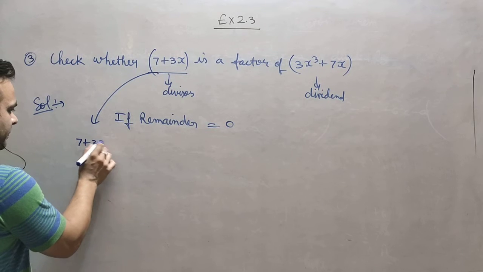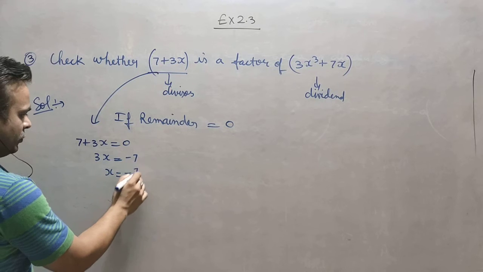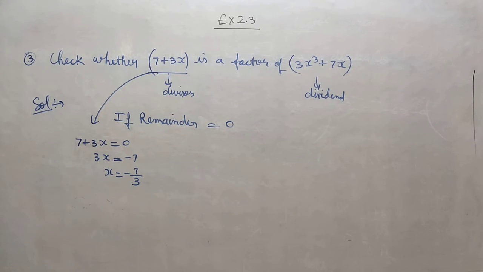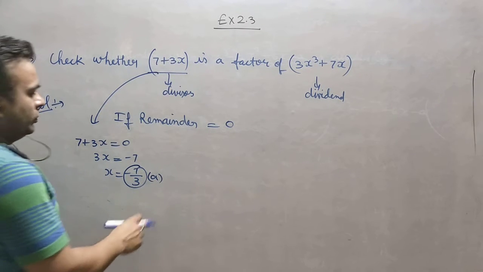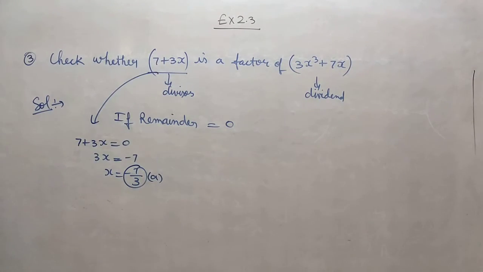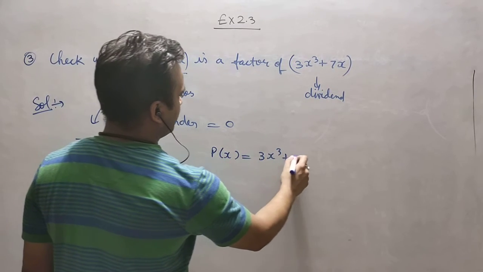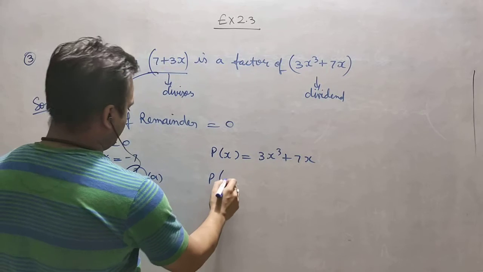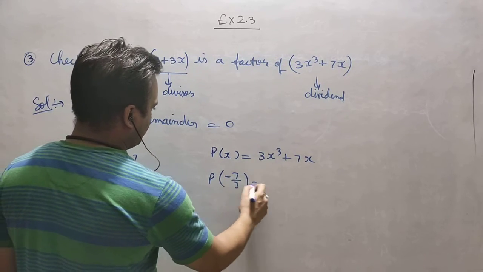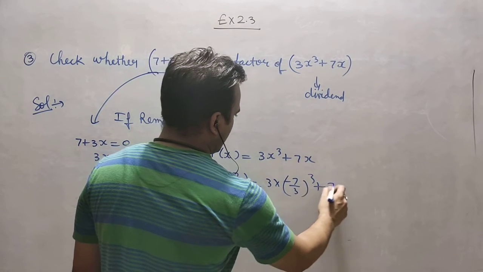So what we will do, 7 plus 3x, again the same procedure. It is minus 7. So x is equal to minus 7 upon 3. So we will put here x is equal to minus 7 upon 3. This will work as a. And this value of a will tell you, if we put the value of x here and this whole value is becoming 0, it means this is px, right? If we put here minus 7 upon 3 and this whole value is becoming 0, so we can say that now it is a